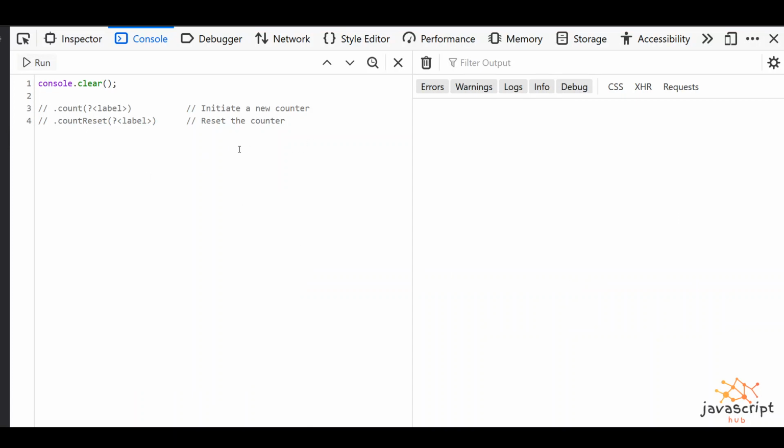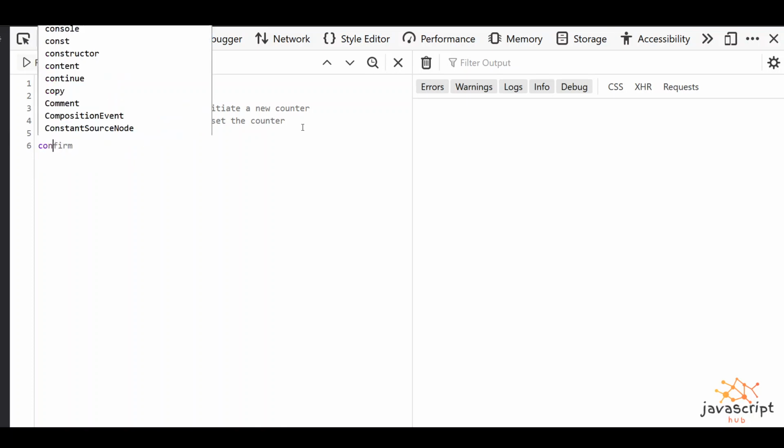So let's just see how it works. A counter basically initiates a counter under the hood inside the browser, so that you don't have to create variables to initiate that counter. Let's say you are working with data structure problems, you have to create a variable in order to print those incremented values again and again. So you don't have to do that. The count method is available to provide that similar kind of functionality.